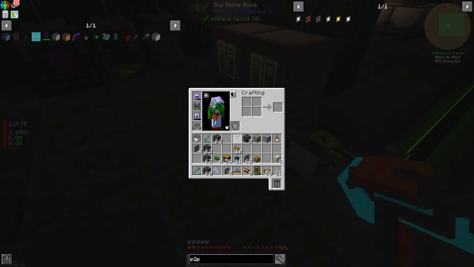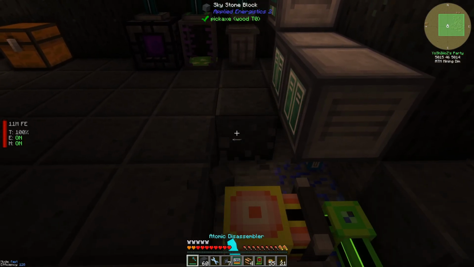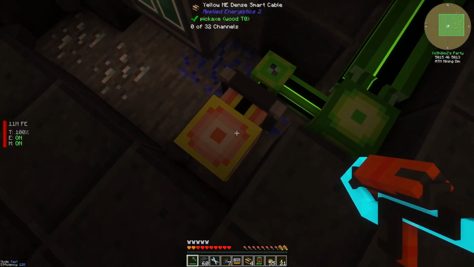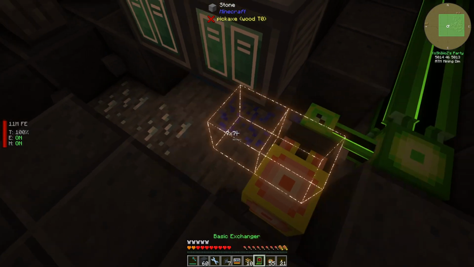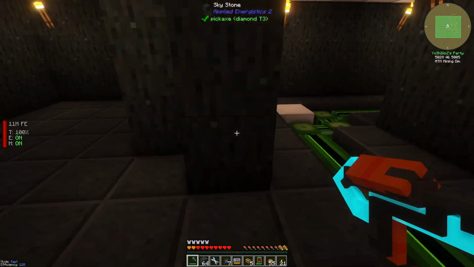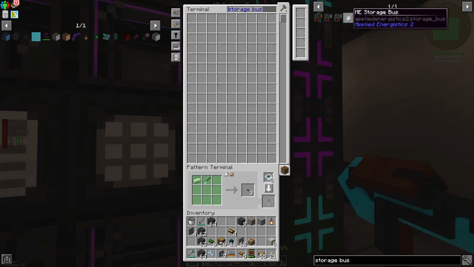some dense cable here. We're just going to stick with yellow since we already got a lot of that. So let's add that here, and then we do not really need a dense cable, but yeah, we're just going to use that one. Then add that over here, and then we need to make ourselves a storage bus in order to connect that up. So I'm going to go ahead and do that. So if I go up here and do storage bus, we haven't added it, so we are going to